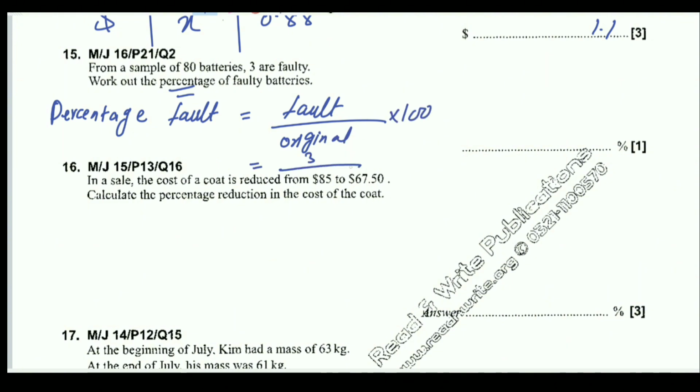So there are 3 faulty batteries, and the original is 80, multiplied by 100. If we solve it, 3.75